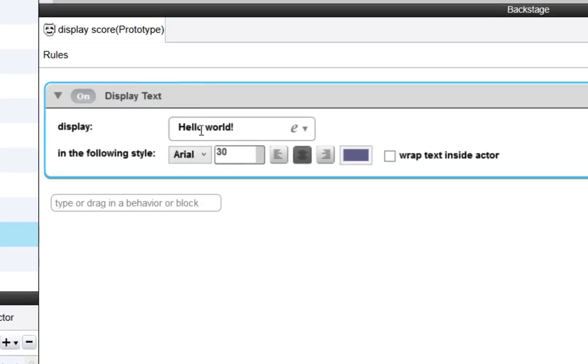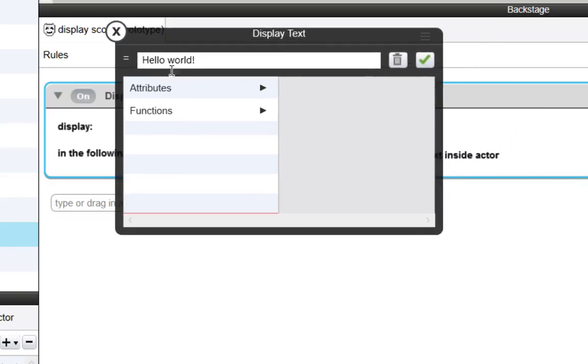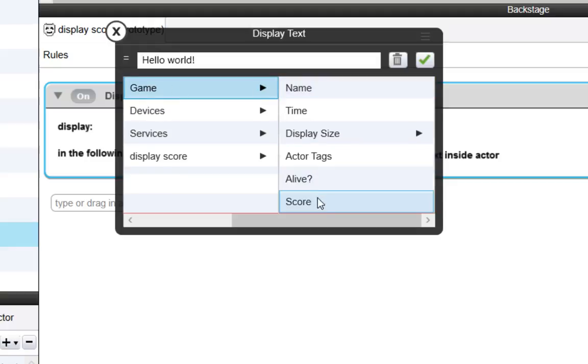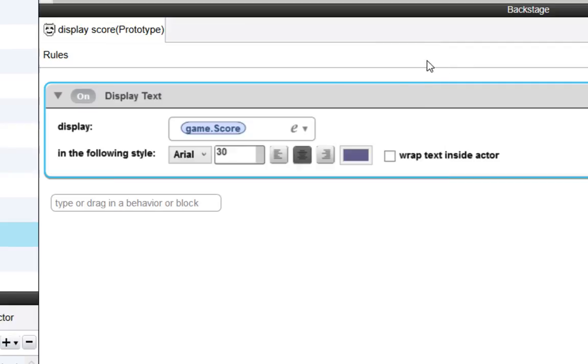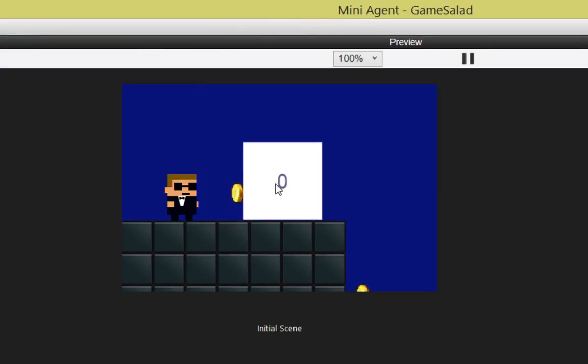But instead of displaying hello world, what we want is to get this display text to pay attention to that attribute that we created. And all we need to do is find it just like we did before. So we'll click this down arrow, and we're going to click on attributes, game, and then double click on score. And we want to make sure that we remove the hello world. So game and score is what's going to be displayed. So now if we preview this, we should see the number 0 there. So we do. And if I actually collect one of these coins, you can see that it adds plus 100